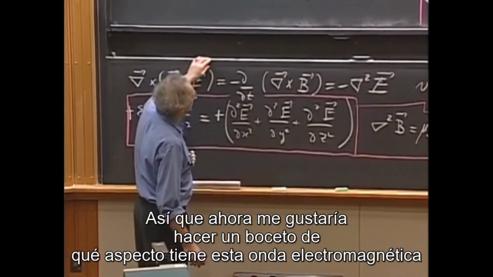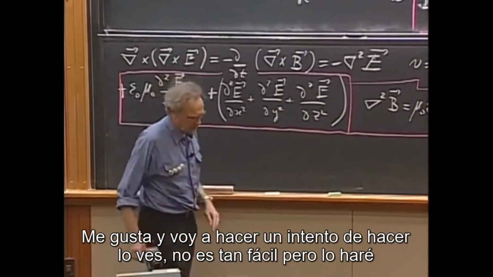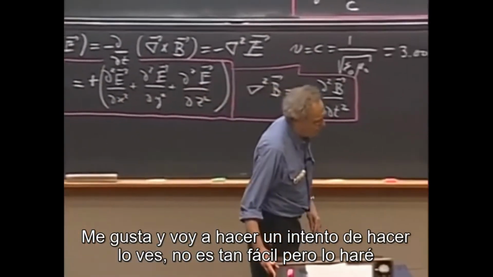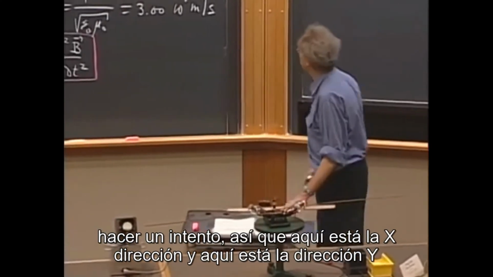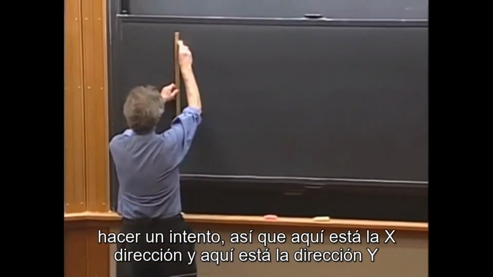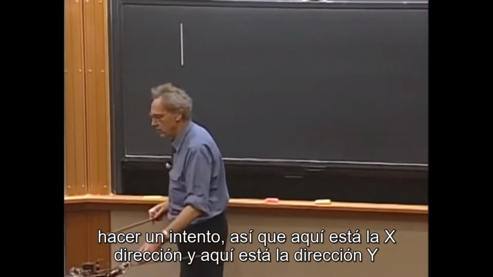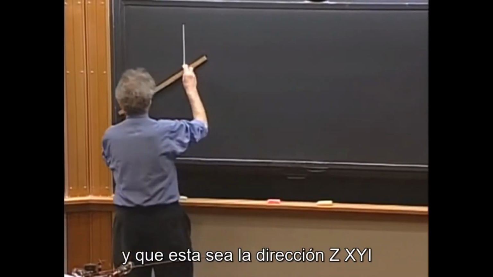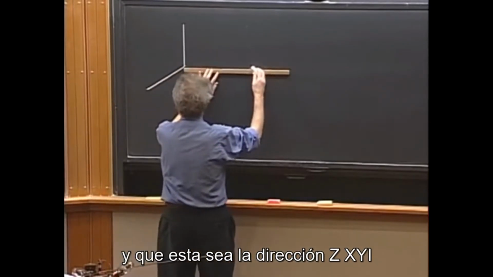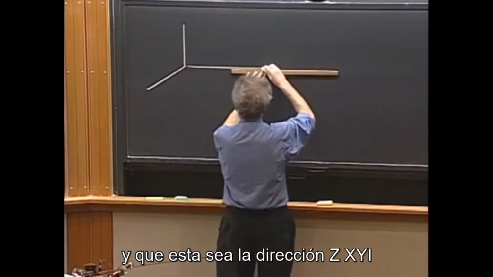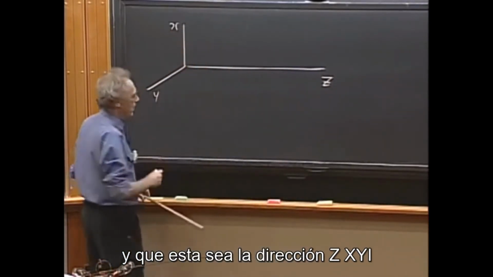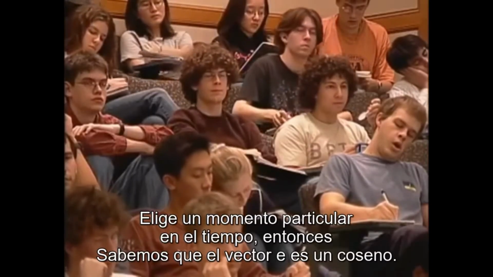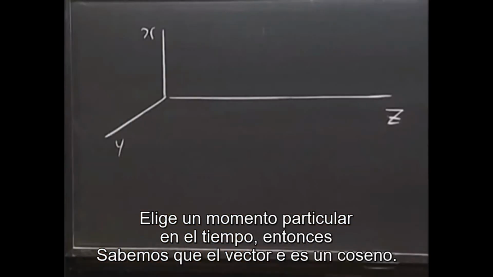So now I would like to make a sketch of what this electromagnetic wave looks like. I will make an attempt to make you see it. It's not so easy, but I'll make an attempt. So here is the x direction, and here is the y direction, and let this be the z direction. I pick a particular moment in time,